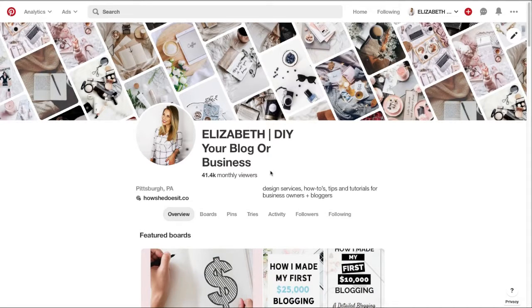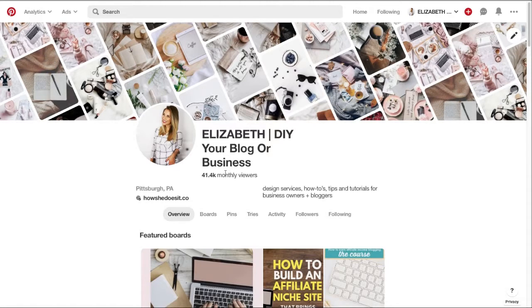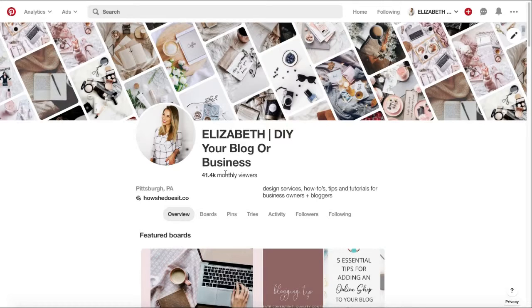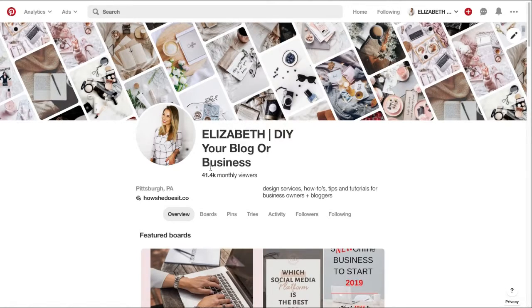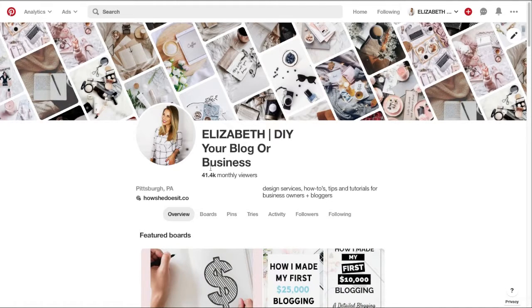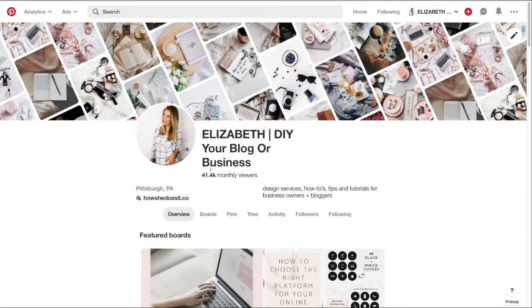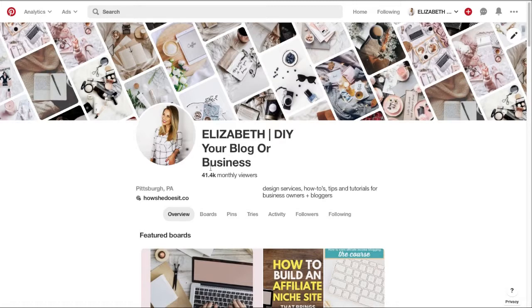So you can see this monthly viewers number here. This is something that you get whenever you sign up for a business account. It's going to allow you to track your monthly viewers, and it's also going to show your monthly engagement number. So obviously you want those numbers to be high because the more eyes that are on your Pinterest, the more people are engaging with your Pinterest, and then the more people that are coming to your blog or your online